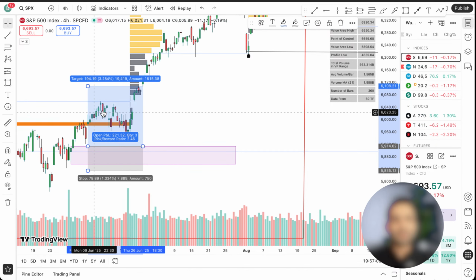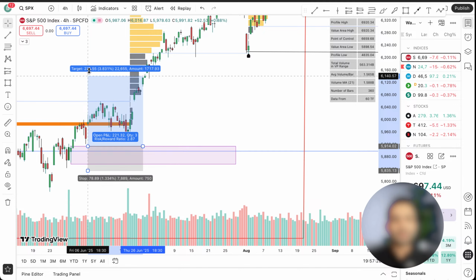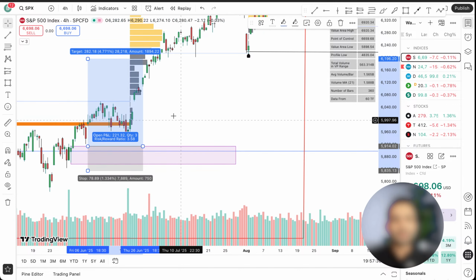If the market even comes down after, it always retraces, like barely do we see a market that doesn't retrace. So if it's retracing, it's going to show me, okay, it's fine, I have set the stop loss, so it's fine for me. And then this is going to be my TP, okay? I'm just giving you an example, okay? This is going to be my TP, and I'm going to take my take profit.